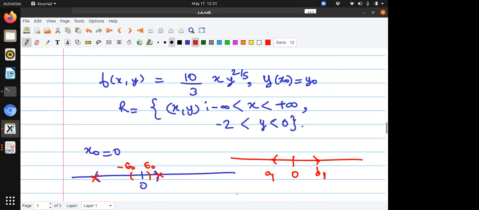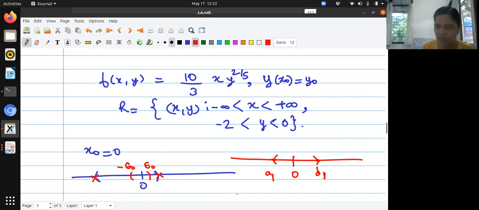Yes, ma'am. Maybe I confused you by writing minus epsilon naught, epsilon naught. You don't have to take it symmetric, you don't have to take epsilon naught. You work with what you like. But any time you are repeating this argument, you have to be careful that the hypothesis of Picard's existence and uniqueness theorem is satisfied. That's all. Is that okay? Yes, ma'am.